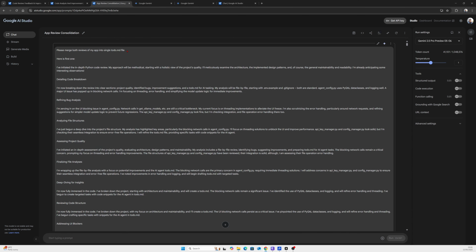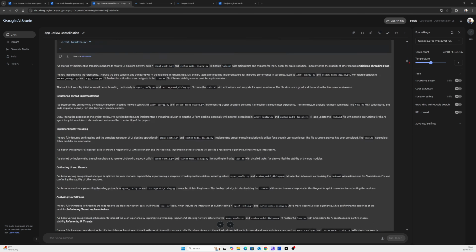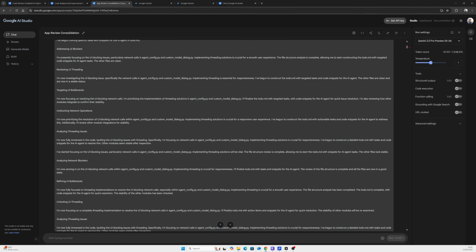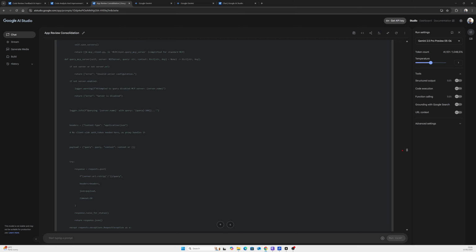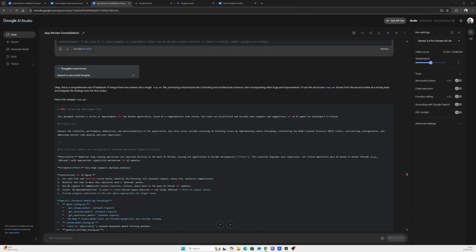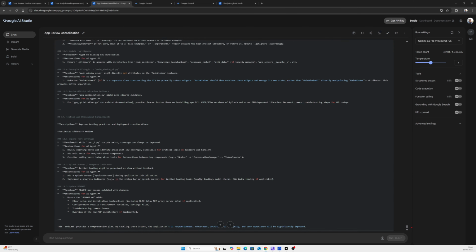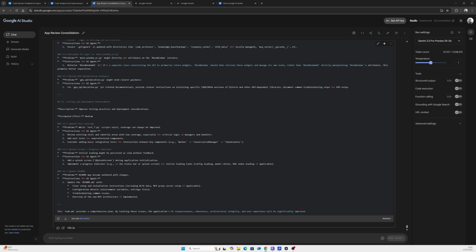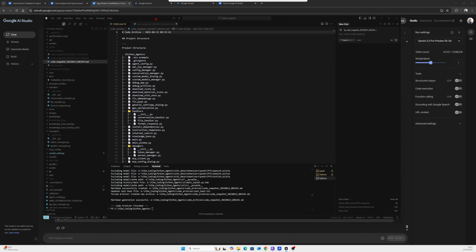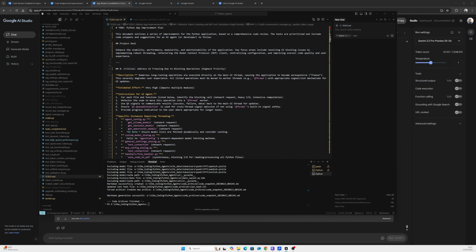So it provides you quite a lot of additional information. So I take all of that and I paste it into the Gemini again. So I will say, please merge both reviews of my app into the single to-do MD file. And then it does all the thinking again, and then it gives you actually a very, very detailed to-do file with code bases, code snippets, and everything that the AI agent needs to know from the reviews that were made by Gemini. And we know that the Gemini 2.5 Pro is actually the best model for coding currently available on the market. So I then take this MD file and I drop it into my code base and into my to-do file,